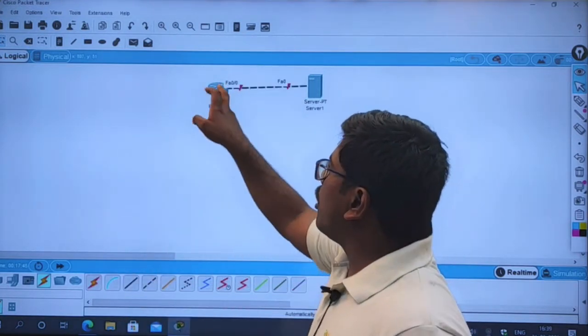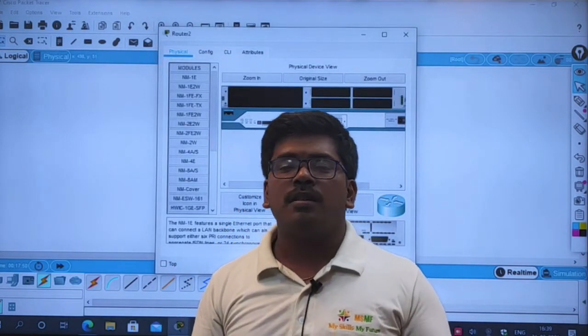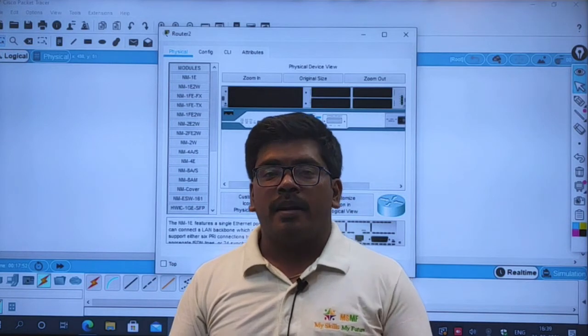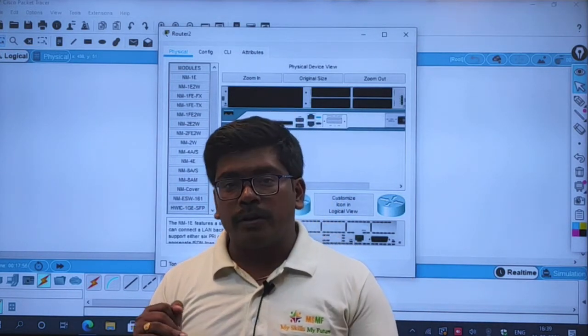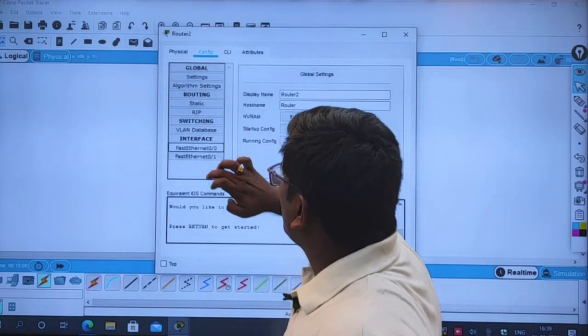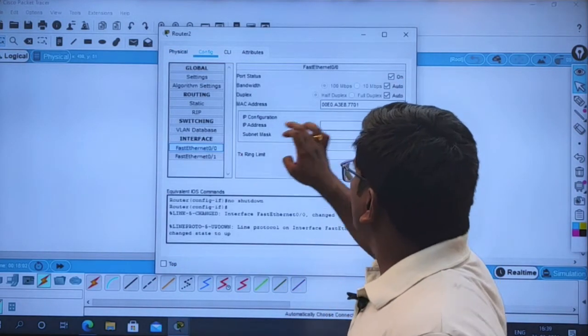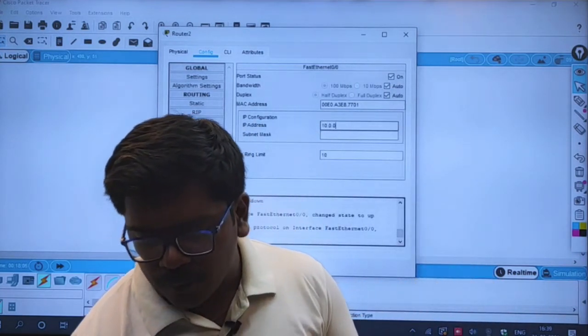Now it's turned off. I need to have the direct connection with the TFTP server. Then only I can take the backup. It can be direct or through the switch or any other path, but you need to have a connection. So I'm only configuring this particular interface that is connected to the TFTP server.